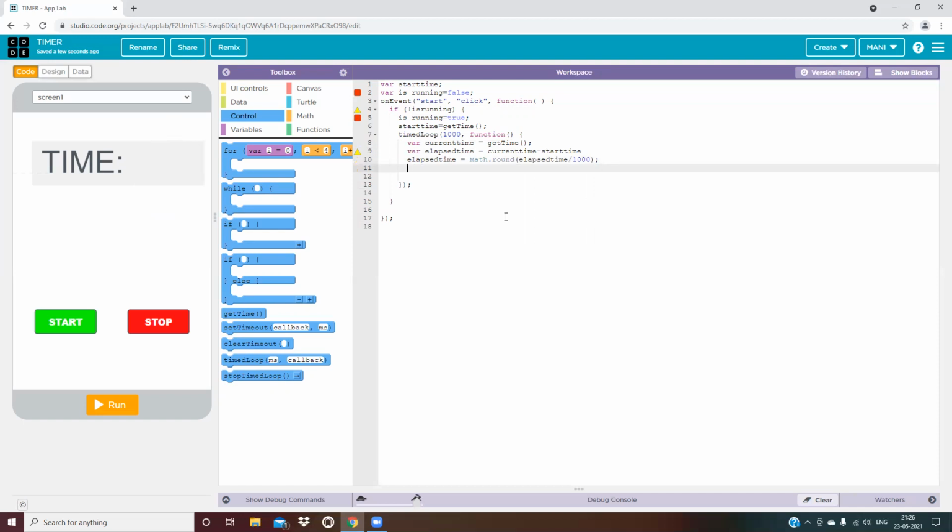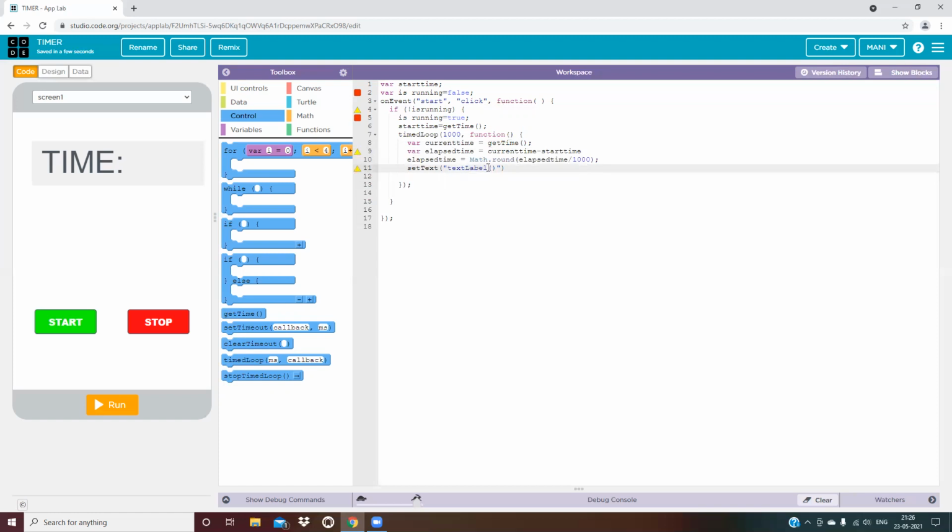And now set text, which you will get in UI controls, and in the bracket write label 1.